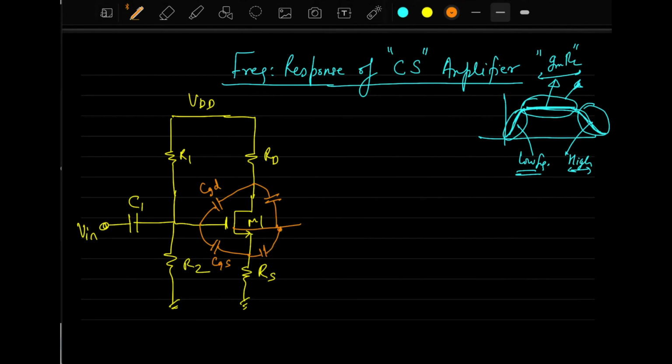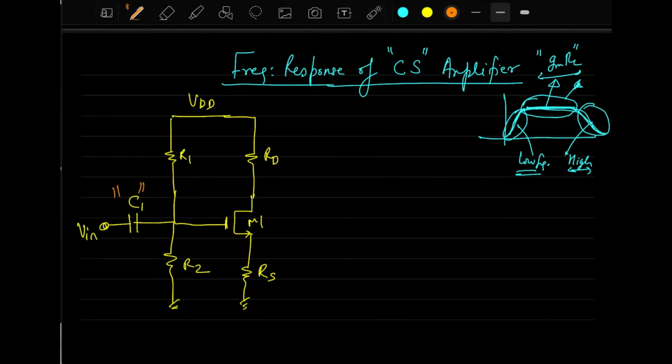So now my main interest is to understand the low frequency analysis. I want to do low frequency analysis. Can you tell me which capacitances I am not caring about here? Any one of you? Yes, good. So we will be only interested in C1. Other ones will all be infinite, so we are open circuiting them. Let's remove all these internal capacitances. So we removed them. Now we are only interested in this capacitance.